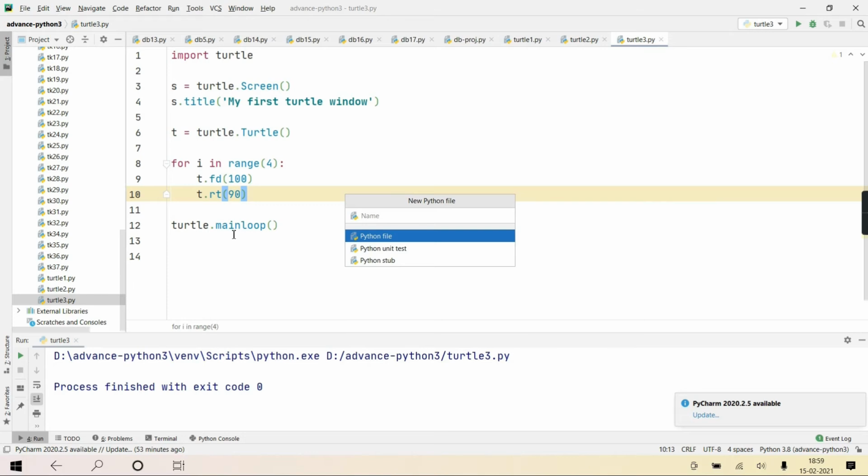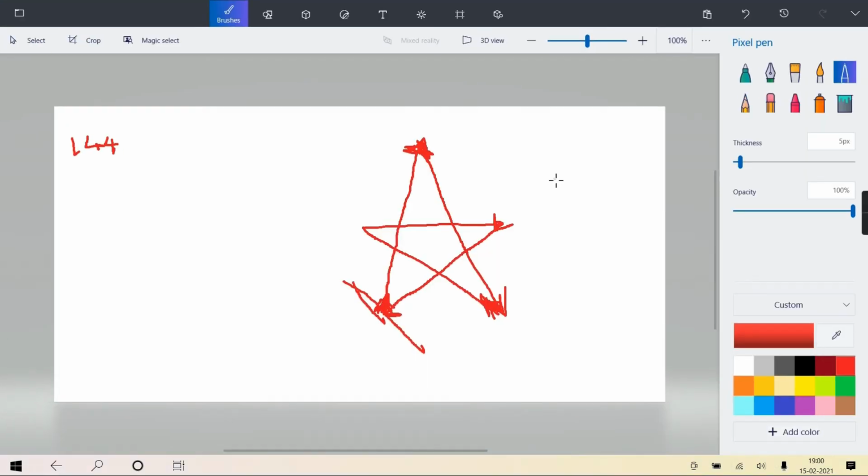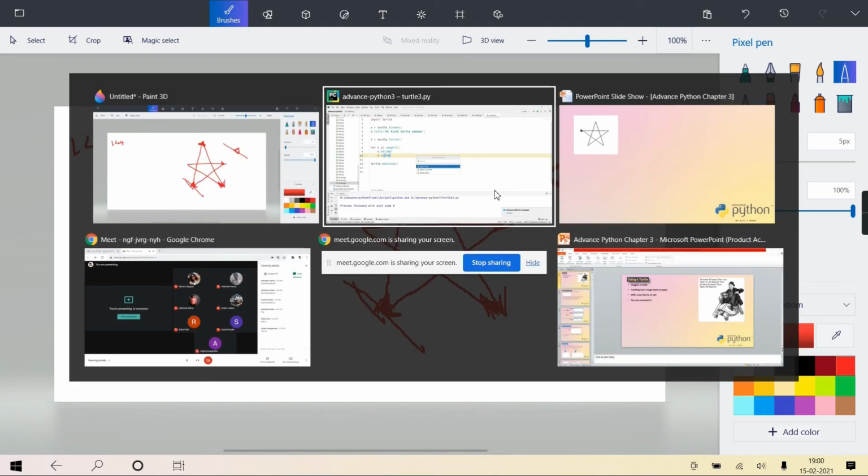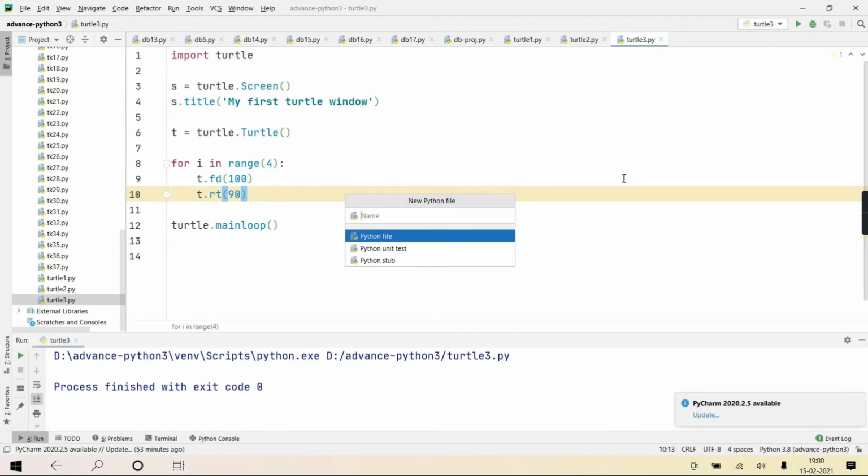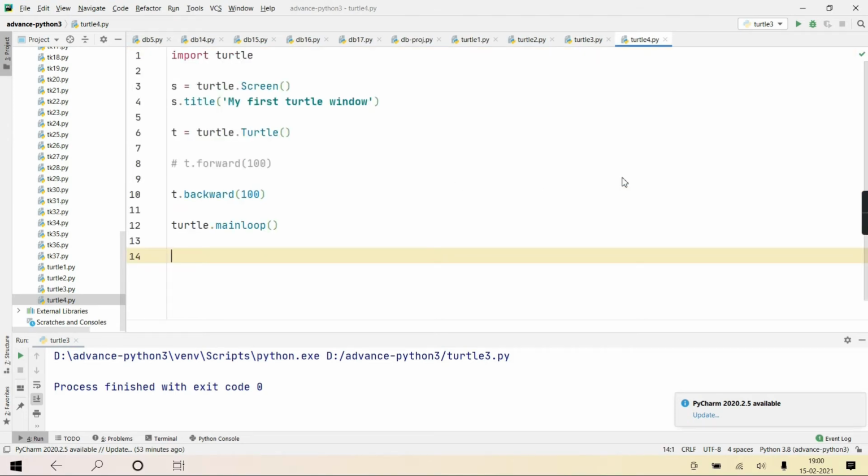Always remember the angle is considered with reference to which direction the turtle is currently facing. You understanding? So if the turtle face is this way now, in this direction, then this is the baseline considered. And when we say 90 degree right, it is with reference to this, based on which direction the face is. Based on that, the angle rotation is considered. Okay? Suppose I give turtle 4.